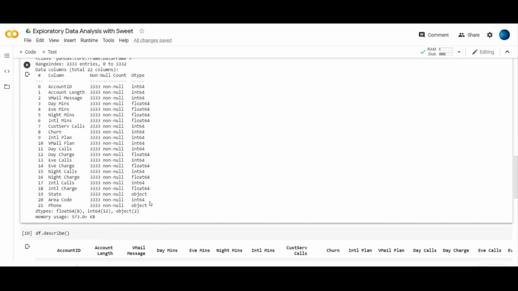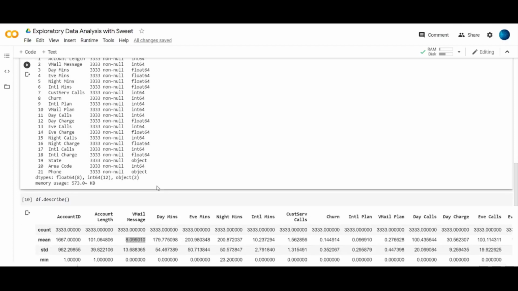The object data type is called categorical data type, whereas integer and float are numerical data types. We have 8 float data types, 12 integer data types, and 2 object data types. The total memory used by this data set is 573 KB. Pretty simple data set to understand the EDA in a clear fashion.